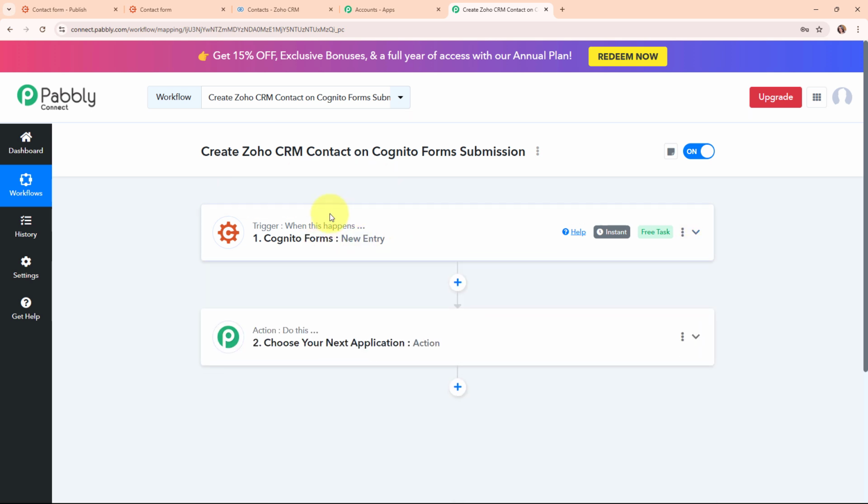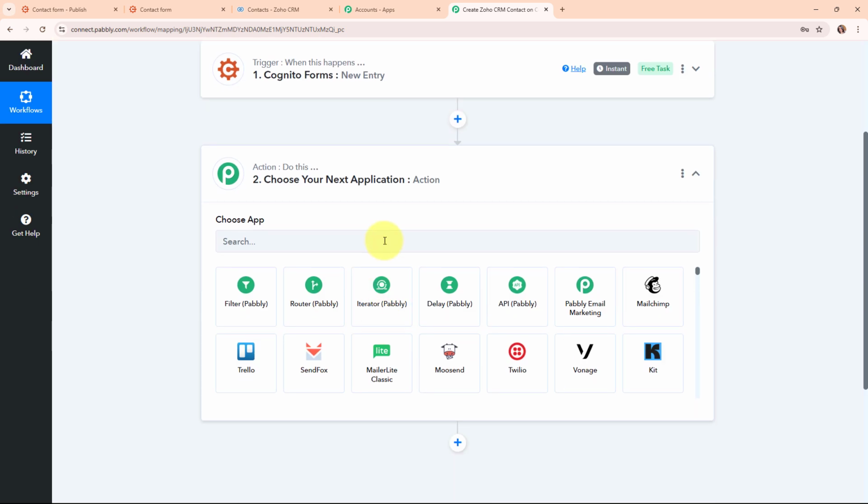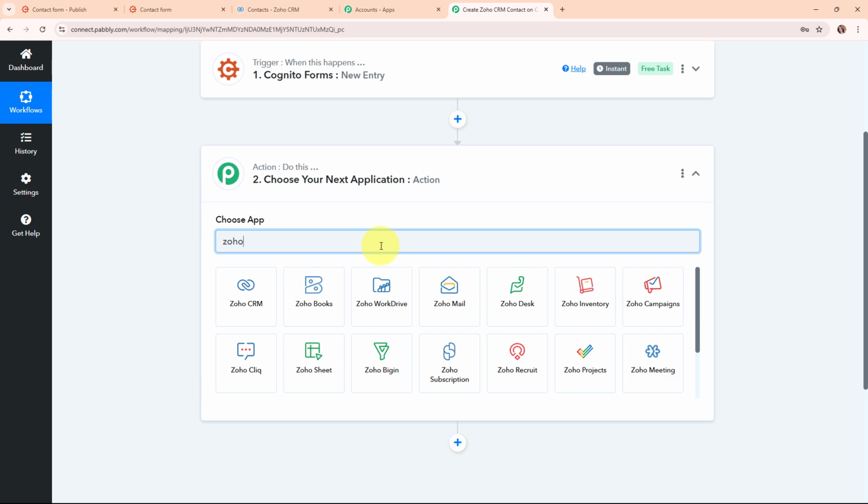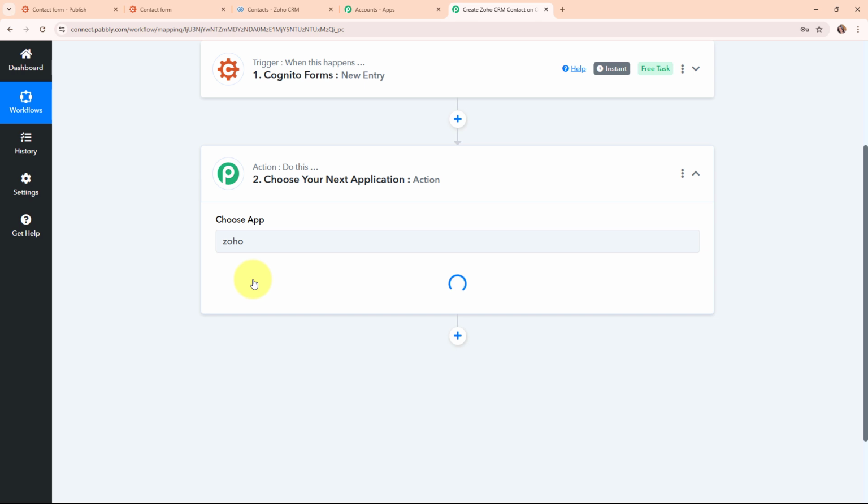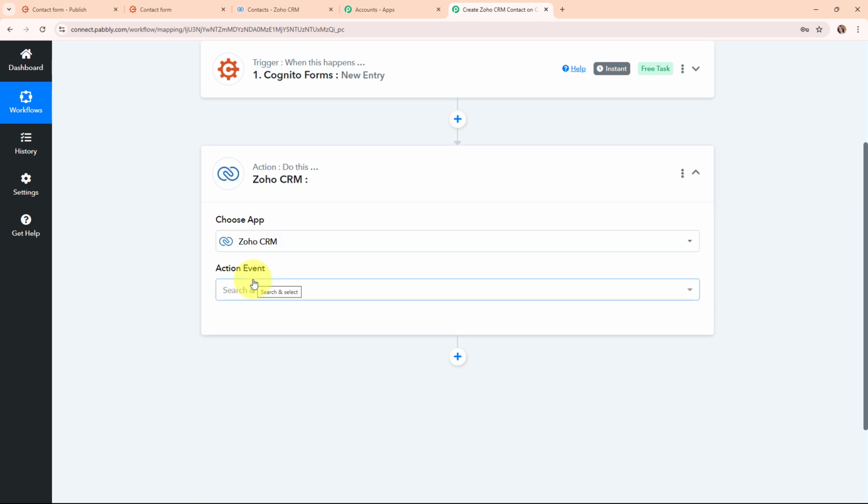So once we have received a new entry to our Cognito Forms, I want to add the person who has made the form submission as a new contact in my Zoho CRM. So for that, I need to connect my Zoho CRM with Pabbly Connect in this action step given over here. So here in this action step, I'm going to select my action application as Zoho CRM. So Zoho CRM is a tool that helps businesses manage their interactions with current and potential customers. It's like a digital assistant that keeps all your customer information in one place, making it easier to track leads,